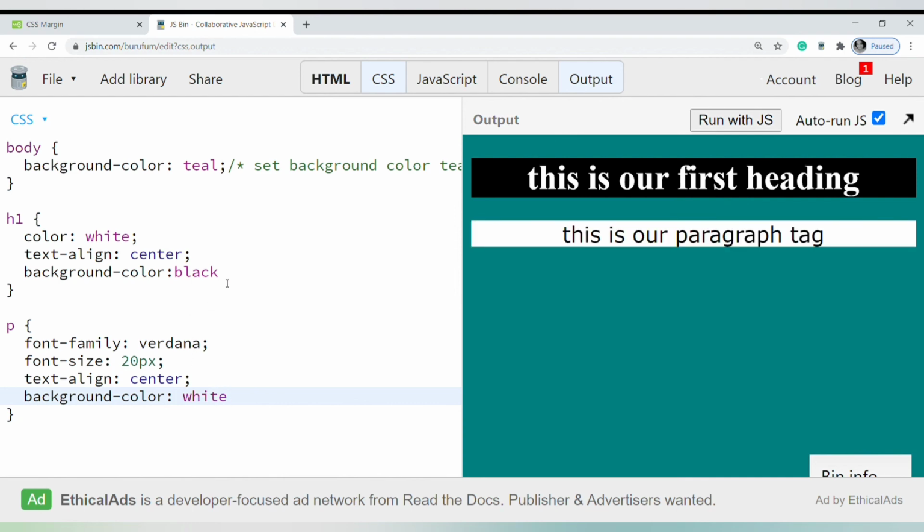Oops, I haven't completed my code here. Okay, I have given white color, and you can give different sorts of colors as you want. It is easy to use, and you are able to see the output looks very good. After this course you will be able to make your own web page very nicely. Okay guys, this was all about this video.